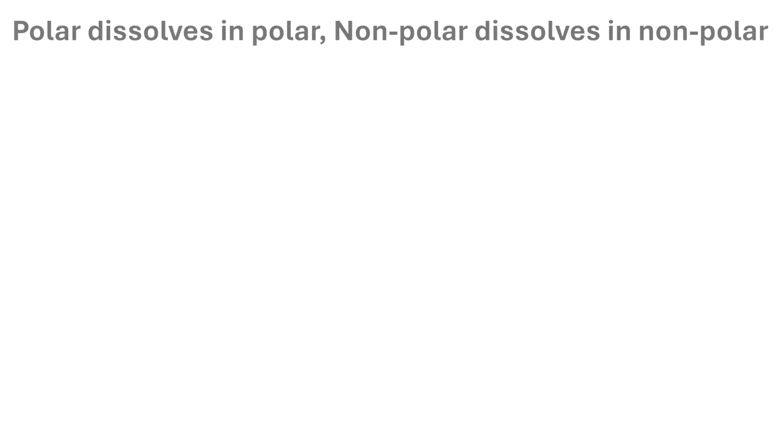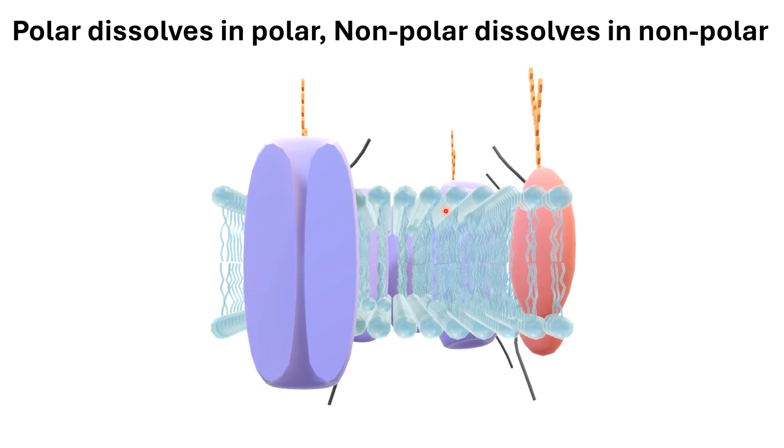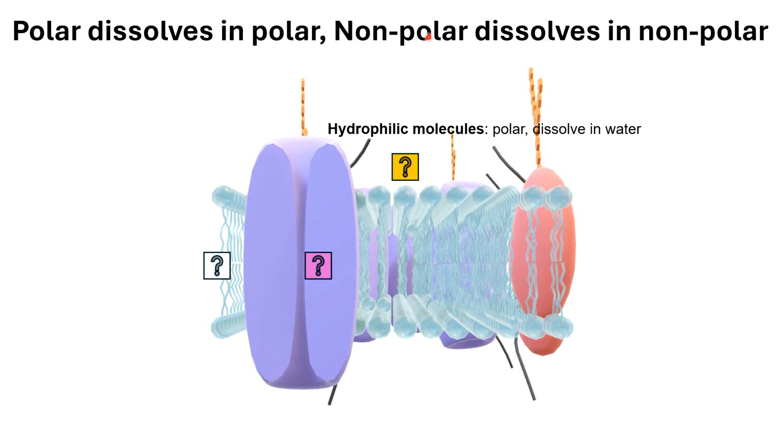There's a very important rule when it comes to polar and non-polar molecules, and it's that polar dissolves in polar and non-polar dissolves in non-polar. So non-polar cannot dissolve in polar and polar cannot dissolve in non-polar, okay? That should make sense. Looking at an example of this, we have different parts of a cell membrane where hydrophilic